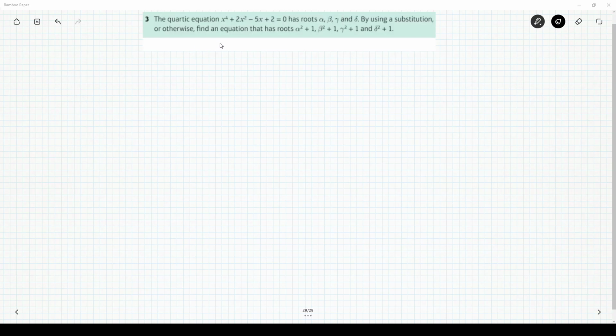Okay, and this one's question 3 of the challenge questions. So this one we can do with a substitution. So w being x squared plus 1. So if we make x the subject, x is going to be the square root of w minus 1. So if we just sub that in,